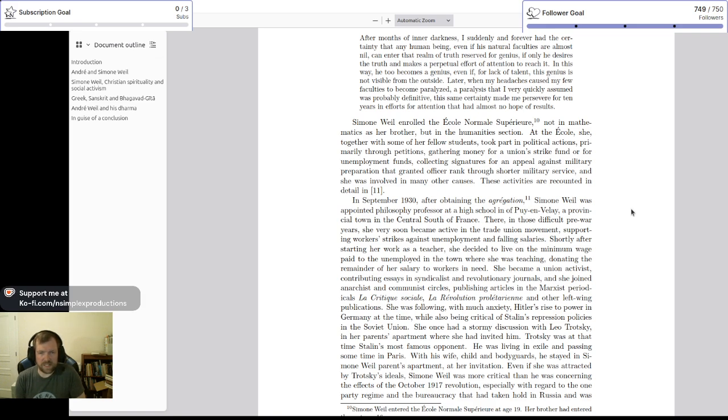In September 1930, after obtaining agrégation, Simone Weil was appointed philosophy professor at high school in Puy-en-Velay, a provincial town in central south of France. There, in those difficult pre-war years, she very soon became active in the trade union movement, supporting workers' strikes against unemployment and falling salaries. Shortly after starting her work as a teacher, she decided to live on the minimum wage paid to the unemployed in the town where she was teaching, donating the remainder of her salary to workers